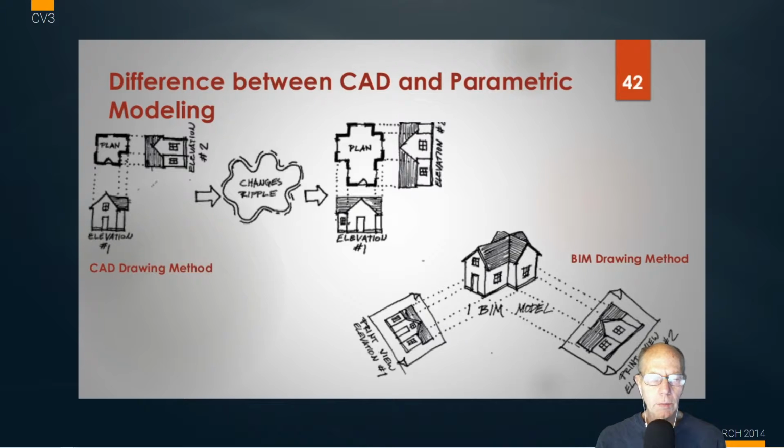We would make an elevation drawing or a plan drawing of a building and then build elevations off of it. If we decided to make changes to those drawings, all of the drawings needed to be updated. So we would update the plan, and we would go back and update the two elevations every time there was a change. Now, when we're working in a modeling environment, as you know, if we change the model, all of the elevations will automatically update. So we make changes in one place, and all of our construction documents and communication come off of them